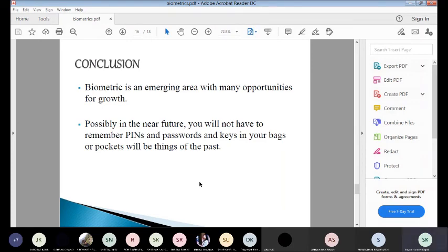These areas can be protected by biometrics, by face recognition. Yes, you are allowed to go, or you are not, because you have not chosen that package for the swimming pool or the gym, right? So these are the applications we can think of. Multiple applications can be developed for security purposes.